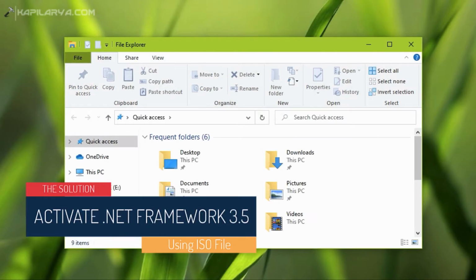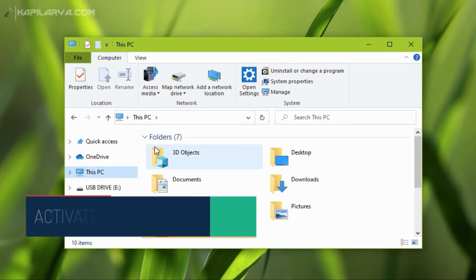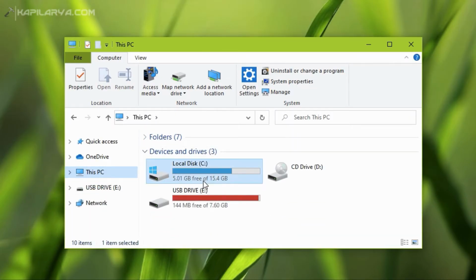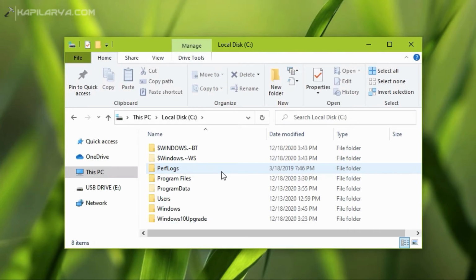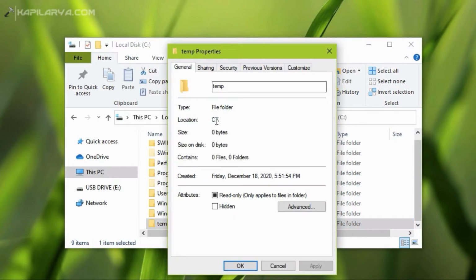So here is the real solution for this problem, and that is using the ISO file. We will use the Windows 10 ISO file to activate the .NET Framework 3.5 feature. We will go to the system root drive in which Windows is installed and create a new folder named temp.